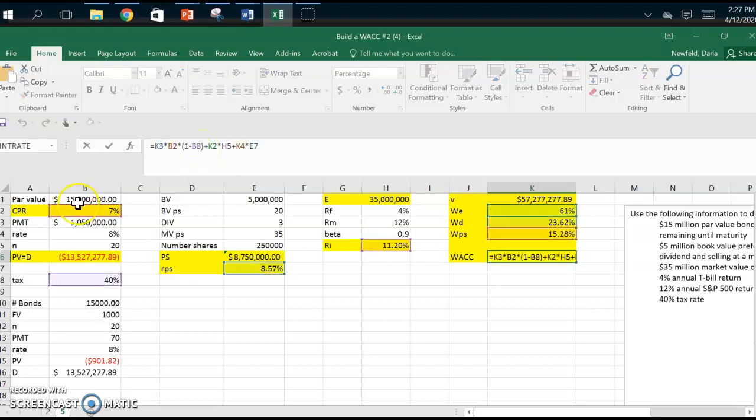Okay, so remember, what is my cost of debt? It's my RD. It is my coupon rate on my existing debt. What is my cost of preferred stock? RPS. What is my cost of equity? I use the CAPM equation to find that. Okay, so now I just plug into my WACC equation. So my percentage of financing coming from debt,